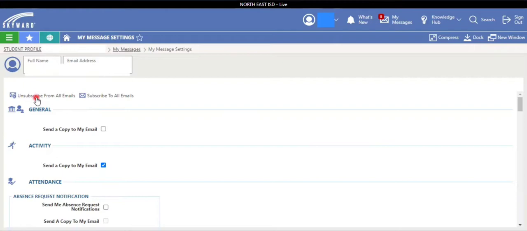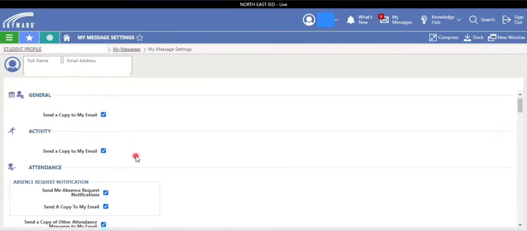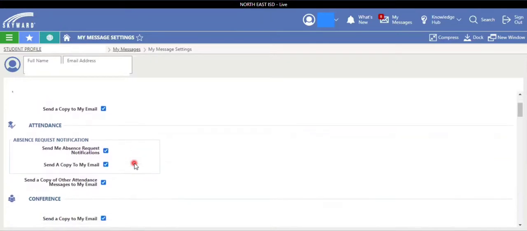My Messages. I can tell you from experience, it was really frustrating last year because I didn't have that checked. So instead, let's click subscribe to all emails, and then we can go through and pick and choose what we want. Basically speaking, if there's something going on that I need to be aware of, it's going to send me a message. I can always go back in and uncheck it if I get inundated with emails that I don't